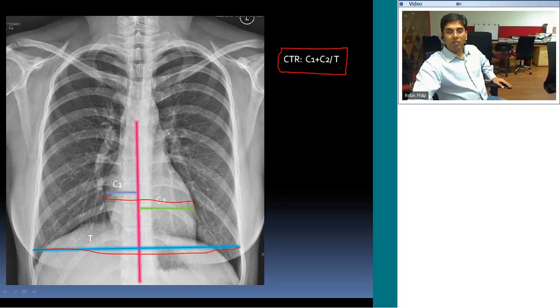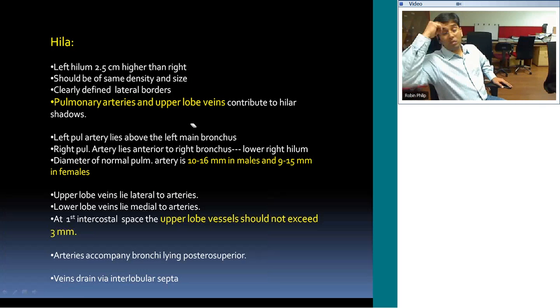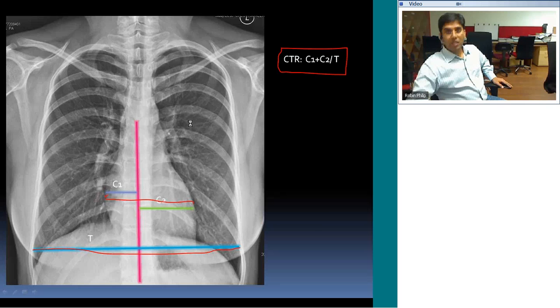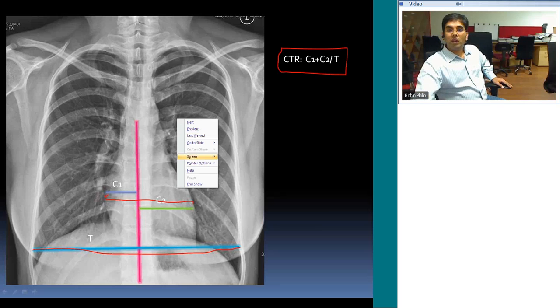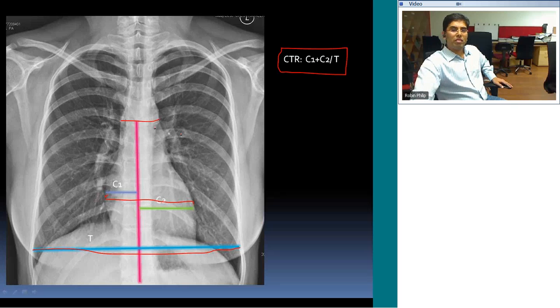Okay, let's move on to the next one, the hila. Once the mediastinum, you have to look for widening of the mediastinum also. This is the one. Usually we take it as 5 centimeters. If it is more than 5, this is on a PA radiograph. Mind you, all these measurements change on AP view, right? The AP views are usually not done routinely, only when the patient cannot stand, is debilitated, or in the ICUs. These AP views are done. So always look for this